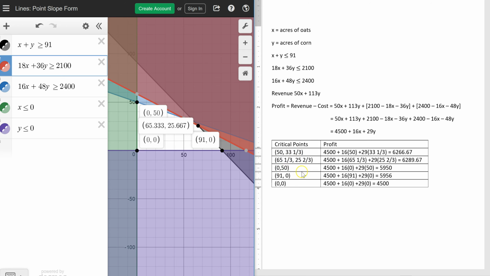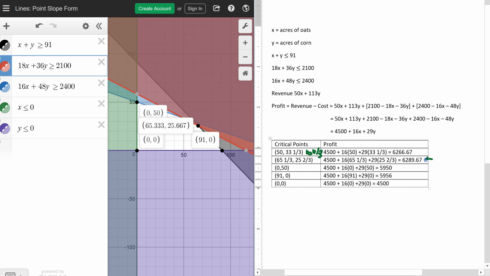When I put those critical points through the profit equation that I'm trying to maximize, I put the x values in for x, of course, and the y values in for y. Important piece is the fractions. If you have a difficult time entering 33 1/3 in your calculator, you can always change that to the improper fraction, and the improper fraction there would be 100/3. So you could use that instead, or you could use 33.33333 and just put a lot of decimal places in. I did that for all the following critical values and came up with a maximum profit that is occurring